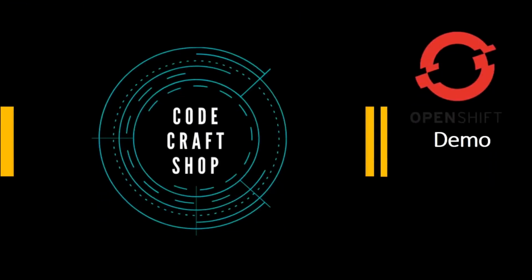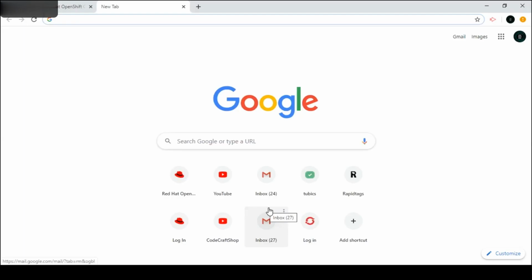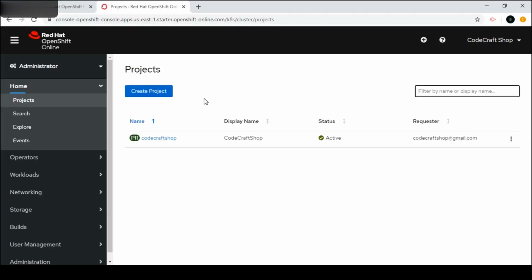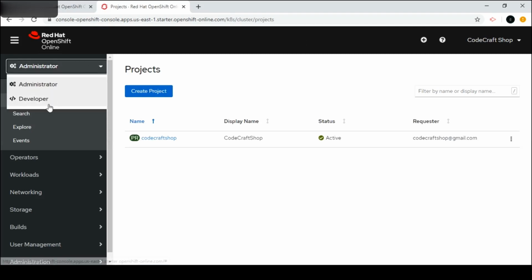So let me demonstrate how we log in into the system using various ways. First of all, we go to the web browser, and then we will paste the URL, and once I use the URL, it will log in into my system. No redirection has been performed because the credentials are already saved in my browser. So this is the landing page which it has given me.